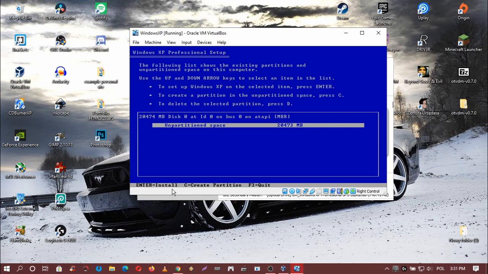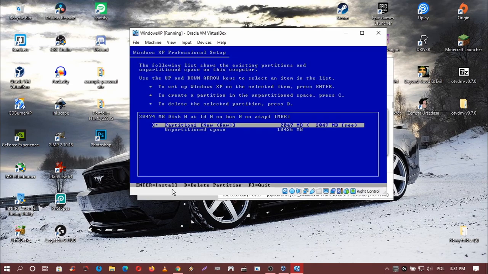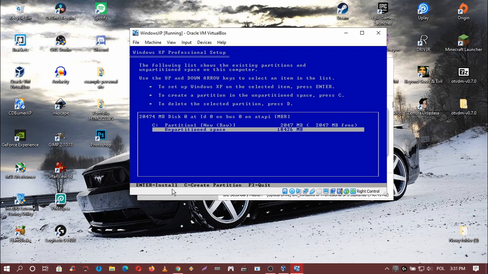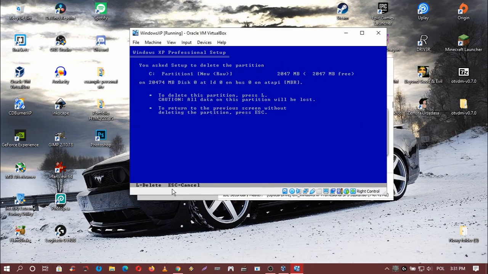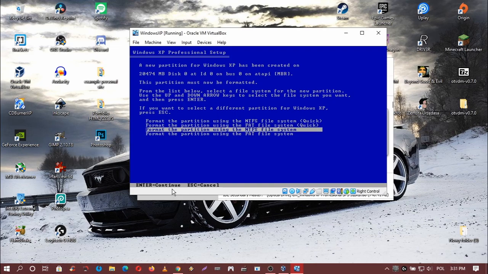And now you can create another partition. So to do this, click C, create, and choose your partition size, maybe 2 gigabytes, 2048. Click enter, press enter, and now you have two partitions. But I don't need this one, so click D to delete and L to confirm. Click enter to install, choose this third one,